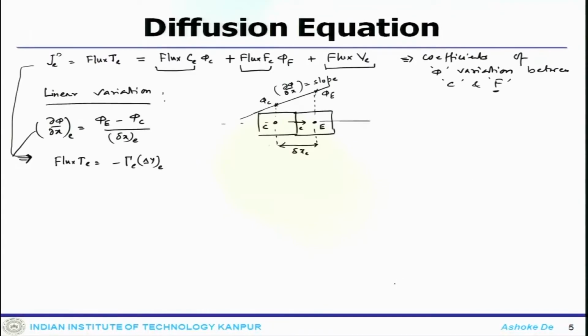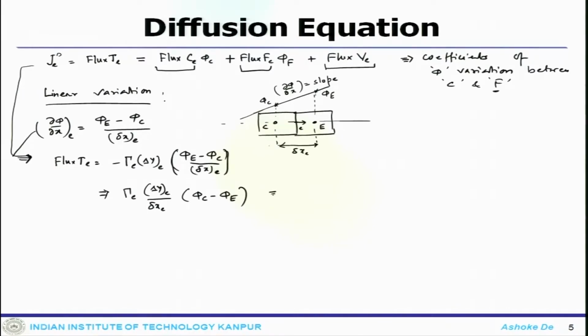So, gamma E delta y E, phi E minus phi C divided by del x E. So, if I rewrite that, this should be gamma E delta y E by delta x E, phi C minus phi E. So, this negative sign is taken into account,